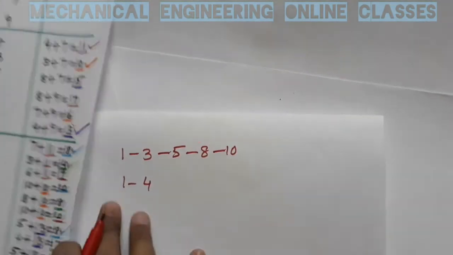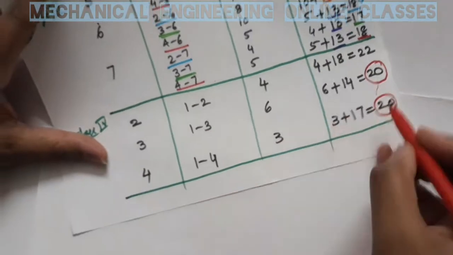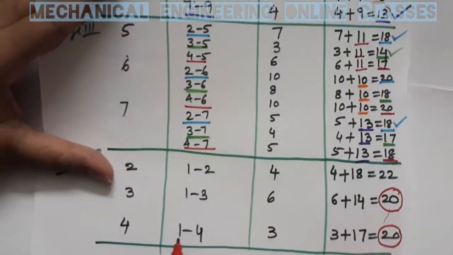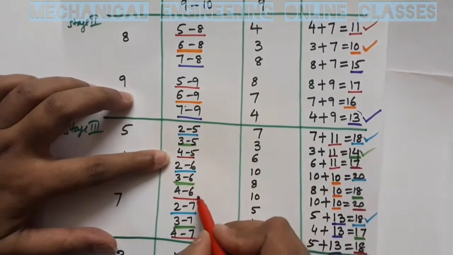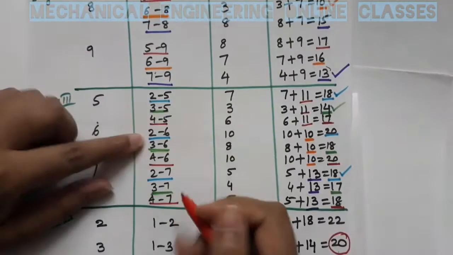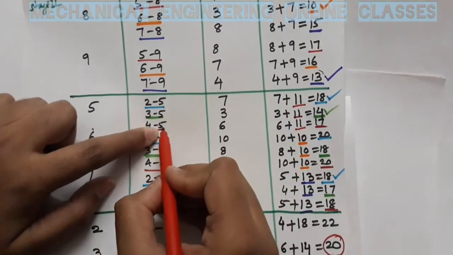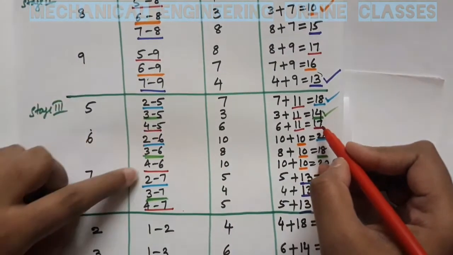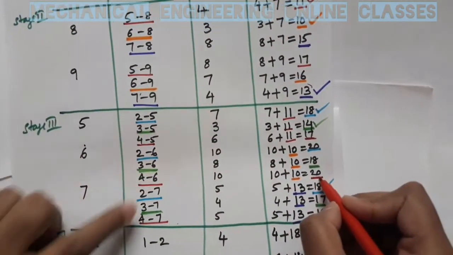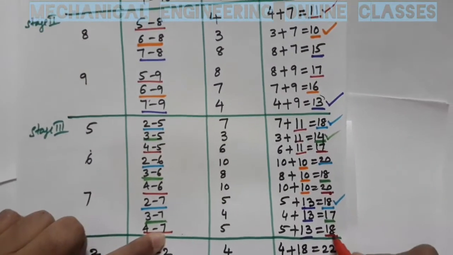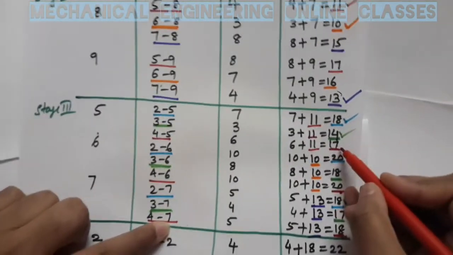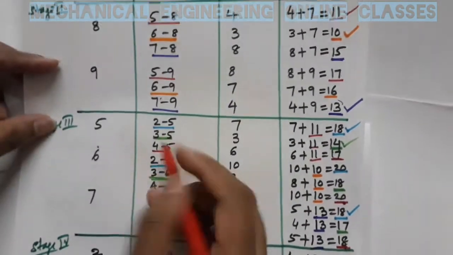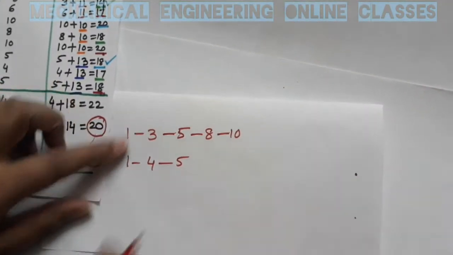Now there is another path also, right? 1 to 4 is also giving me 20. So from 4, I can go to either 5 or 6 or 7. So let us see. If I am from 4, if I am going to 5, the minimum distance is 17. From 4, if I am going to 6, the distance is 20. From 4, if I am going to 7, the distance is 18. Out of 17, 20 and 18, 17 is minimum. So from 4, I will go to 5 because this is giving me the minimum answer. So from 4, I am going to 5.